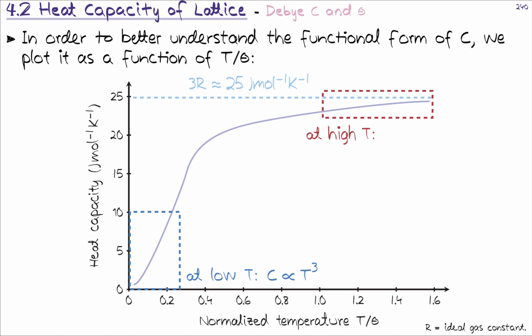I guess we physicists usually, instead of R, use the Avogadro number N_A times k_B. So at high temperatures, we have the heat capacity approaching 3R, and in the physicist notation, instead of R, we use the Avogadro number times k_B. Sorry, this B should of course be in the index. So this is the Boltzmann constant. So this is what happens.